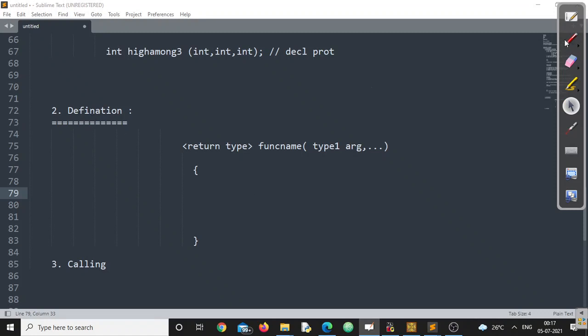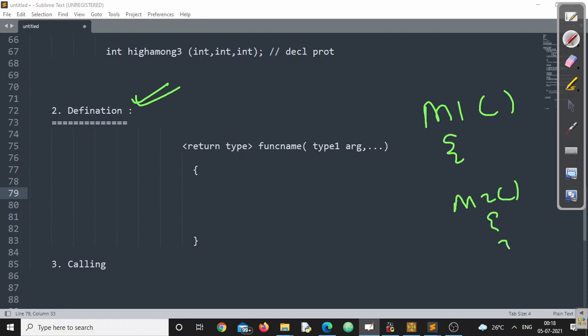Now, function definition, I hope you are all clear about this point. I repeat, a function definition should not be defined within another function. Suppose I am defining a function m1. Inside the function definition, I am trying to define one more function. This type of thing is not there in any programming language.